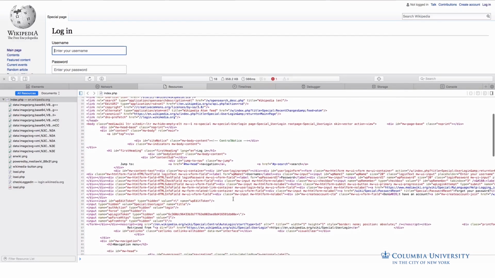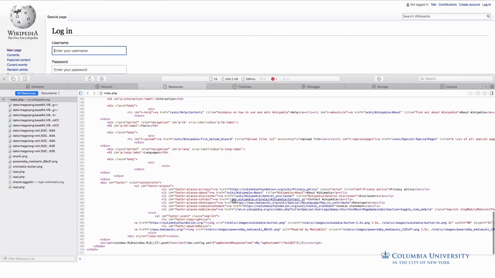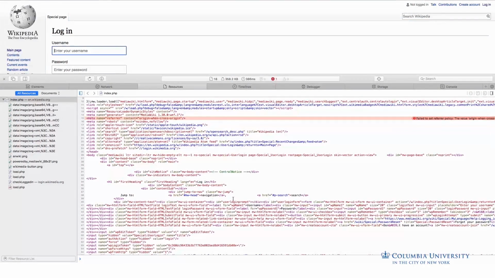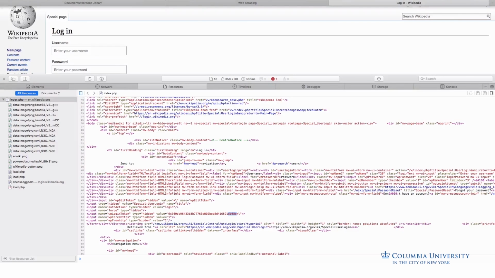If I reload this page and take a look at it again, now it's DB08E. It's a different token. Every time we refresh the page, we get a different token value. That's their way of providing some kind of security, making sure that the page that you're logging in from is a page that they gave you, not a page that you created yourself. So you want to figure out all the inputs there, and I've done that already here for us. So we can go back to our